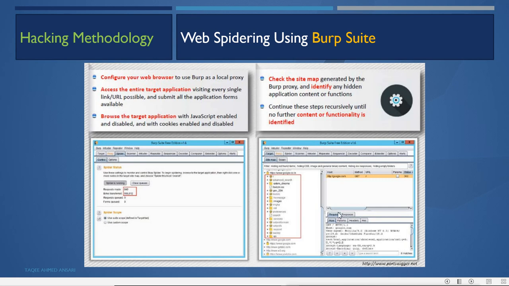Then we can manually check each and every request and response from there. We can enable and disable JavaScript also. We'll enable the script and check all the links, then disable the JavaScript and check all the links. Then also we'll try to disable cookies and enable cookies to check all the links. For example,